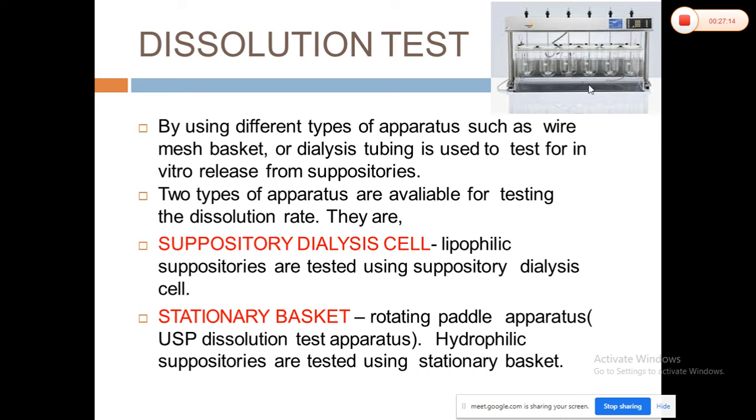If you have seen a dissolution apparatus, what you have to perform is maintain the temperature of your water bath. There is one vessel having a capacity of 900 ml. You have to fill it with the specific solvent in which your suppository is going to be dissolved. Then you have to add the suppository. You have to provide the rotation, whether it is a mesh, a paddle, or a basket. Then, because of the surrounding temperature, your suppository will start to dissolve or release the medicament at a specific time interval.